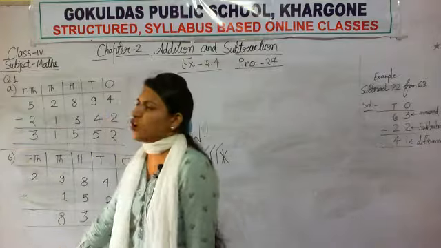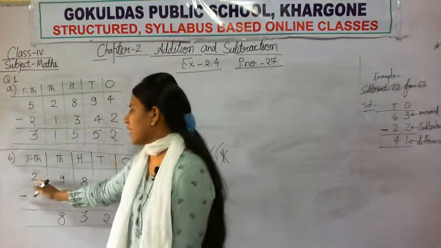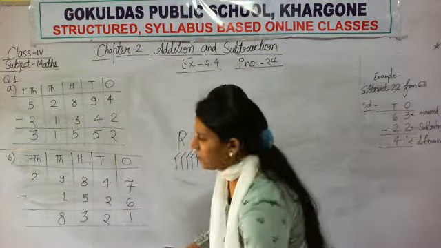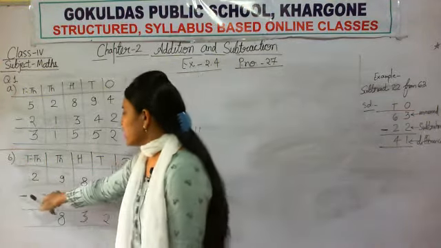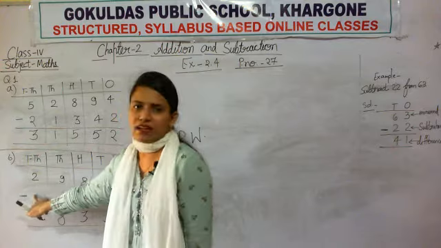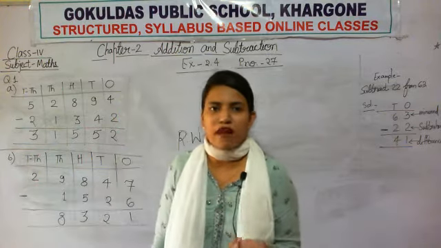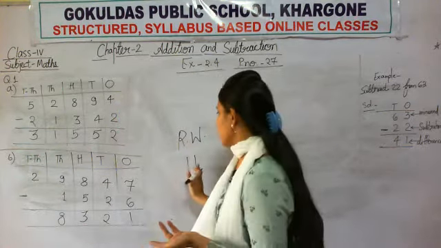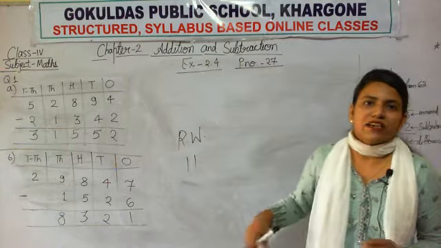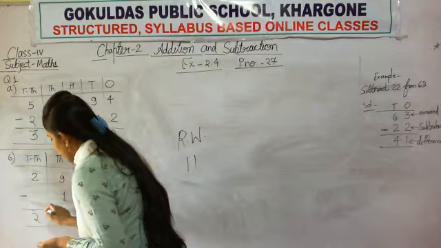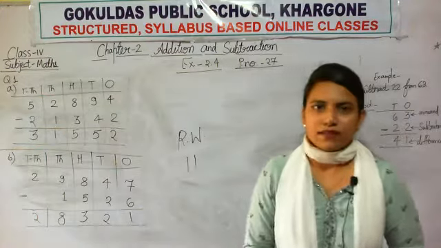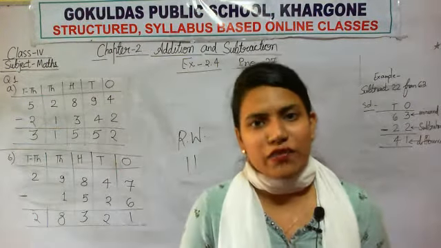Now move to the next column. Now here you see that 2 is there. So draw 2 sticks. Now you see that you have to subtract nothing. Here no digit is there. It means you have to subtract nothing. So if you do not remove any digit from it, what will be left? 2 will be left. So write 2 as it is here. Okay. So this is how we do subtraction.